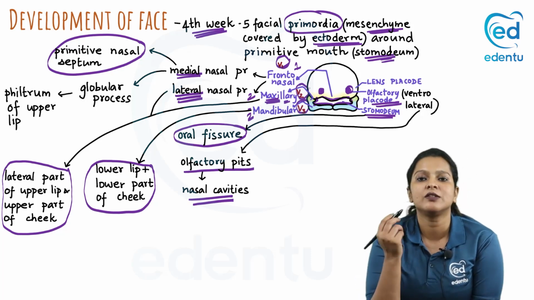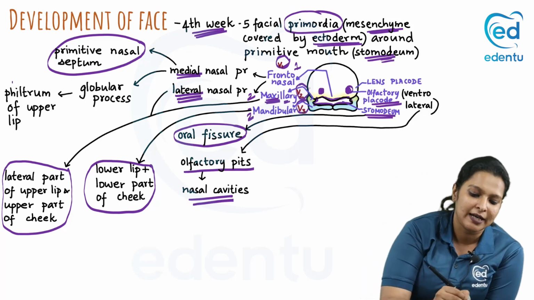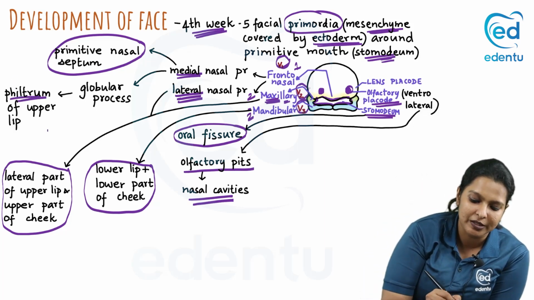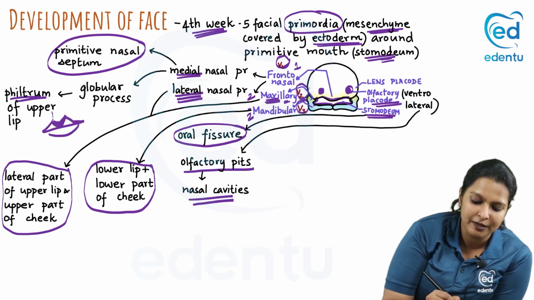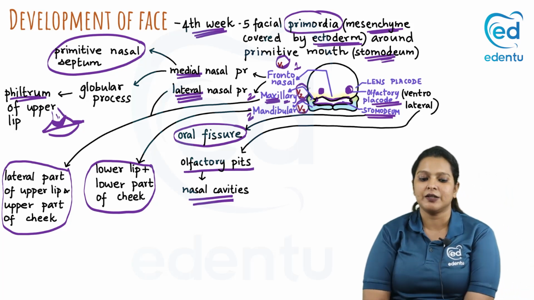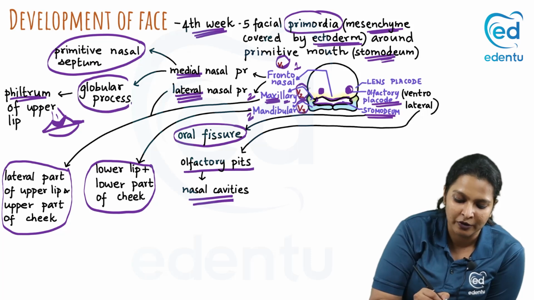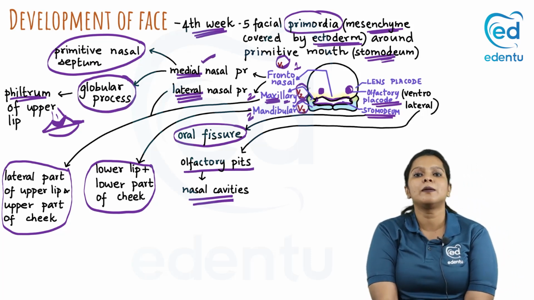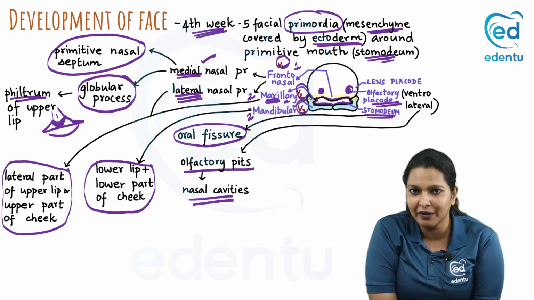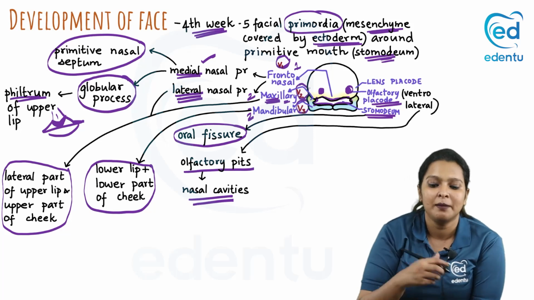In addition to this, we've left out only the middle part of the upper lip. That is called as the philtrum of the upper lip. You can see this is the lip. Okay, so this middle part is called as the philtrum of the upper lip. This region, the philtrum region alone, is formed by a globular process of medial nasal process. Okay, philtrum or the median part of the upper lip is formed by the globular process part of the medial